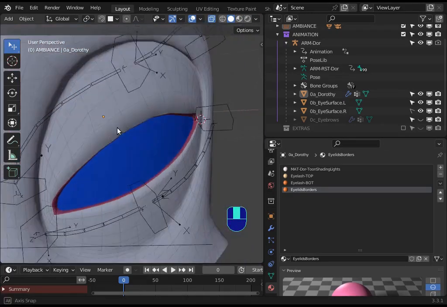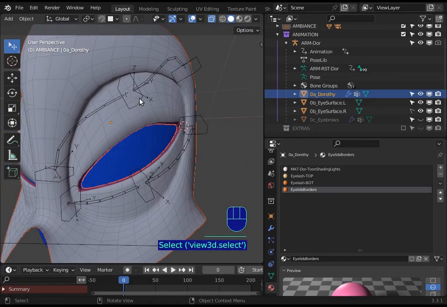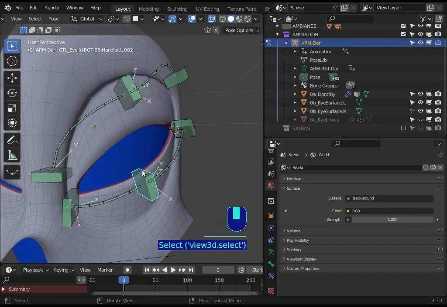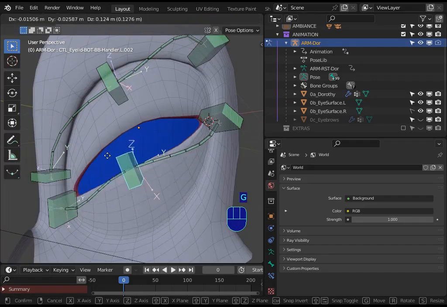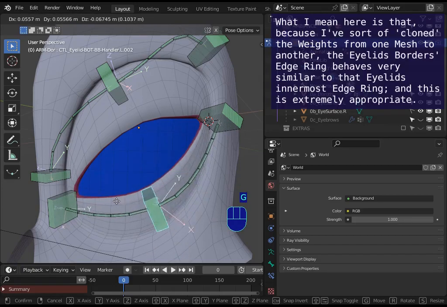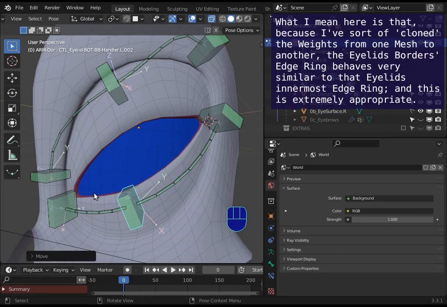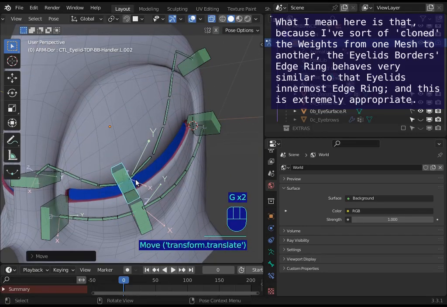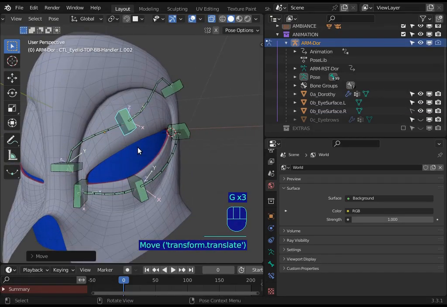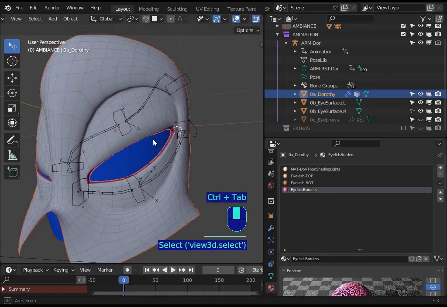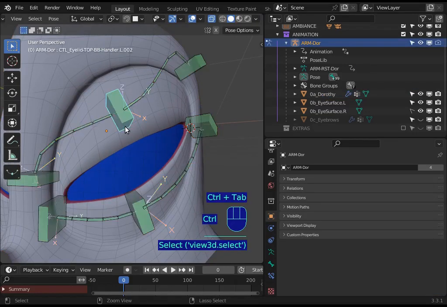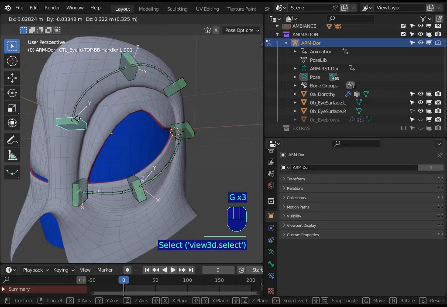So that's perfect. This is just not exactly for the character design, this is for differentiation. And so you see, the mesh for this eyelids border edge loop is following the current limit of the eyelids mesh, so this is very interesting. And I'm avoiding also the interpenetrations between the eyelids mesh and the eye surface mesh objects,